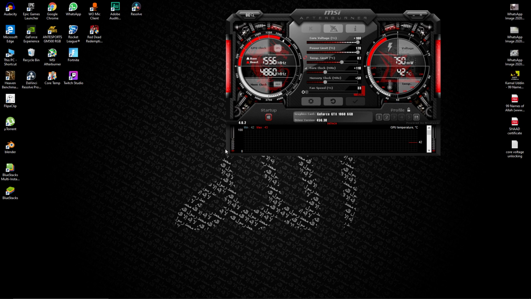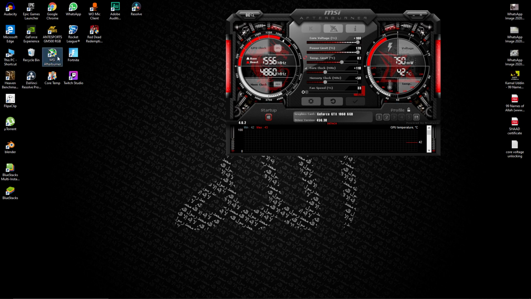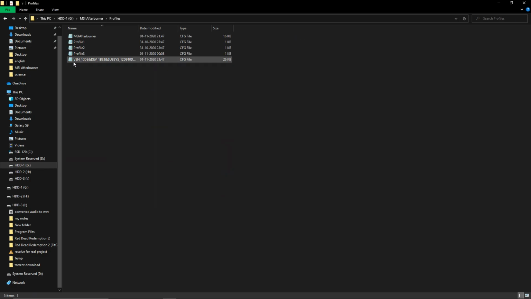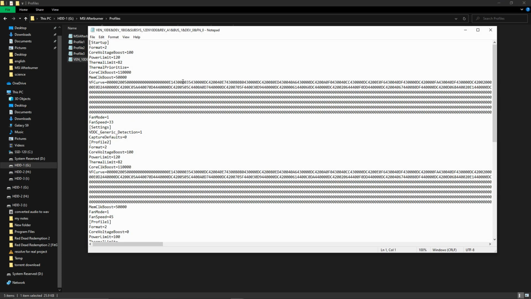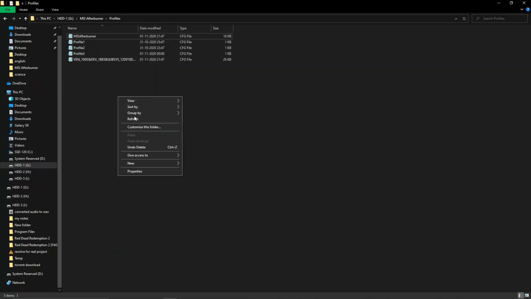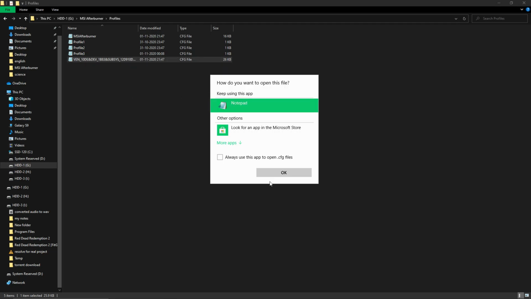Don't panic. There is a third way and a better way, because it worked for me, I hope it will work for you, and it has worked for many others. Go back to the MSI folder location. Now we have to go into profile. We have to get this file which is CFG. Double click. Sorry, this too is not linked with any application to be opened first, so you have to right click it and open with Notepad.